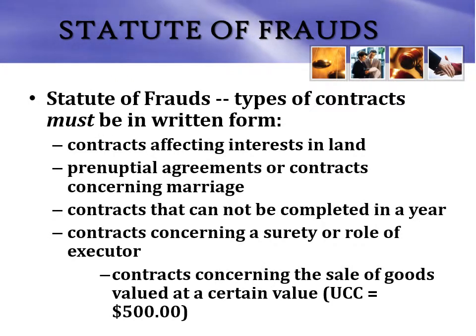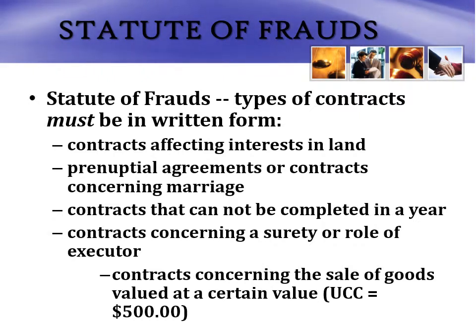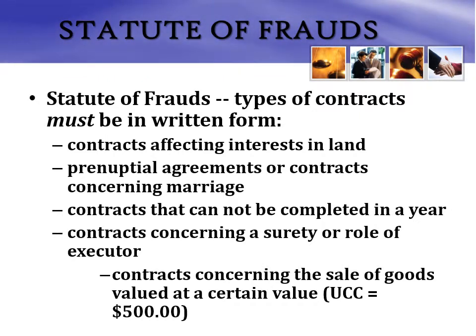And finally, the UCC comes out and says any sale of goods valued at, and the current standard is $500. Anything above $500 is considered a consumer durable. That's what they call it in the business world, in economics. So normally when you buy such a thing, you don't just get the receipt. You normally get a long detailed warranty and the like. You get a contractual writing, okay?